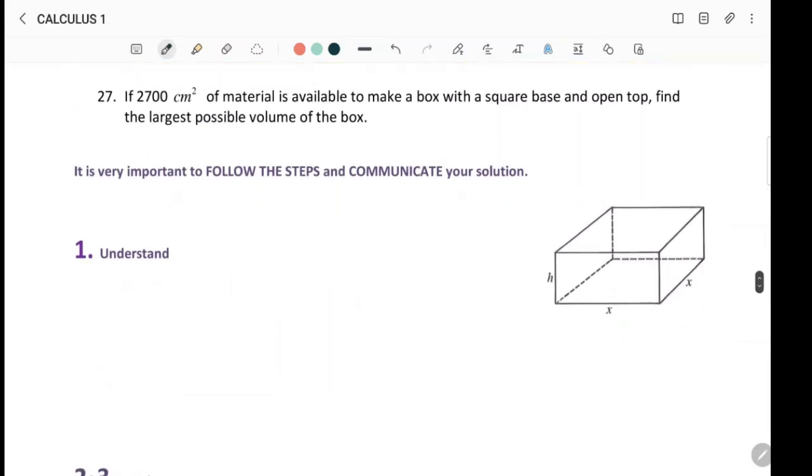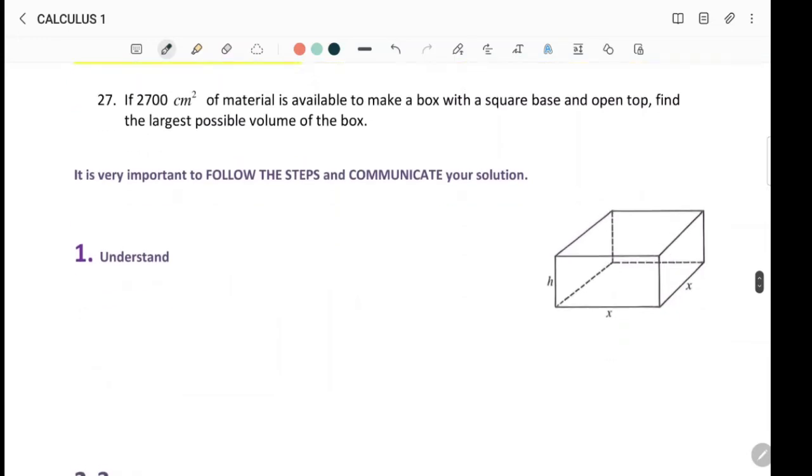Now we have question number 27. If 2700 centimeters square